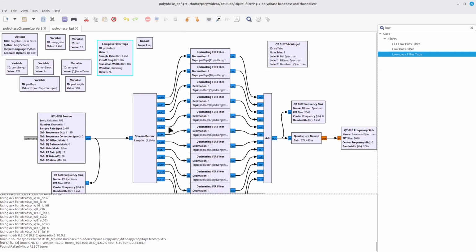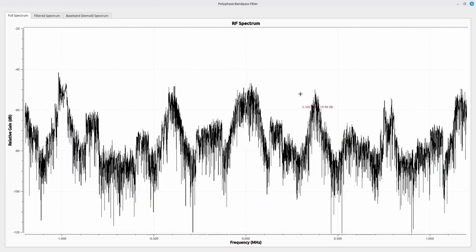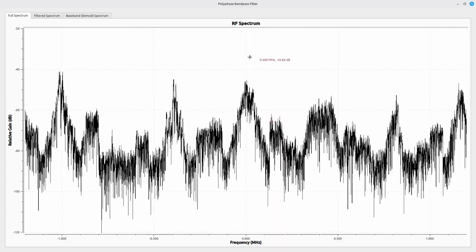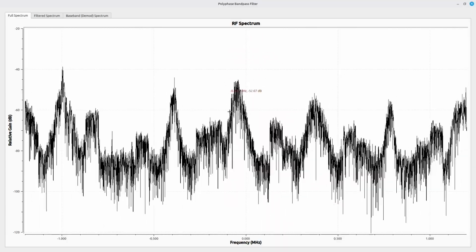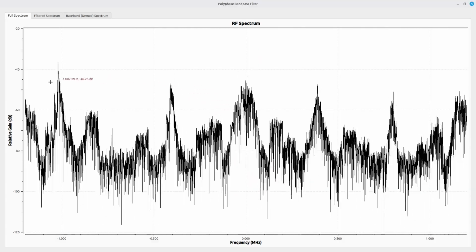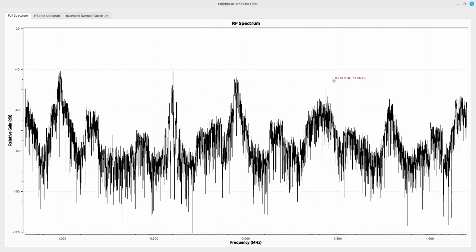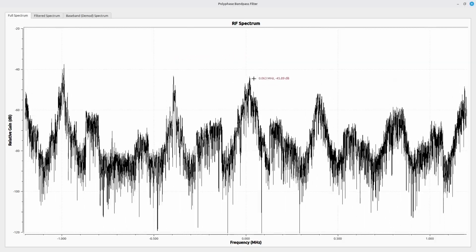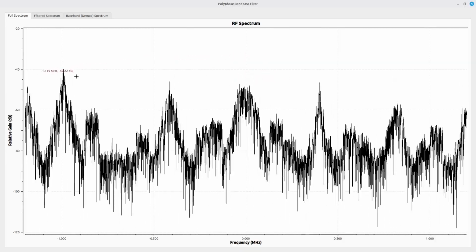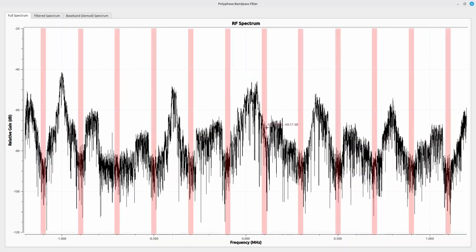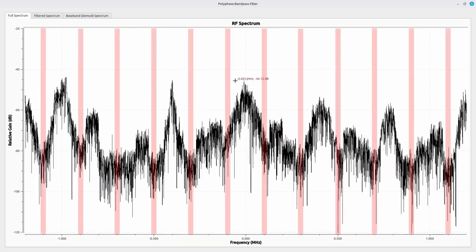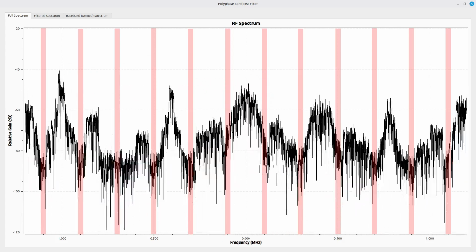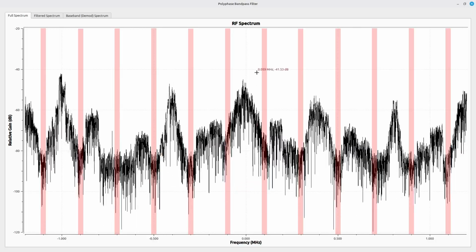When I fire up this particular flow graph, here is my original spectrum, and specifically I have the low-pass filter set to get the signal here in the center. All of the other spectral energy will be filtered out. When you've done the decimation by a factor of 12, you've effectively made 12 channels inside of this 2.4 meg spectrum. All of the energy of the other 11 channels will still be aliased down into this center channel.